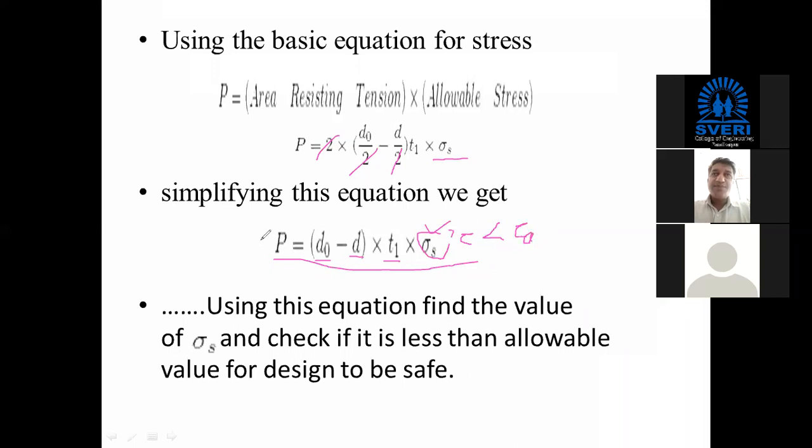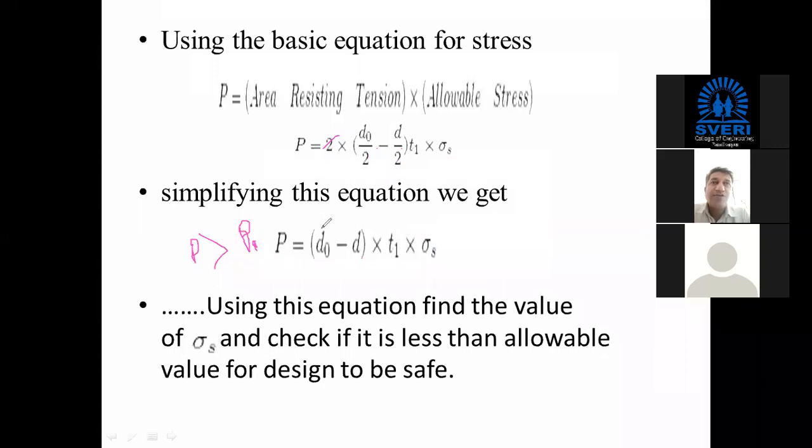If you have selected this DO from the empirical formula, and if you have calculated this d with the shear stresses in the pin, and if you have taken this T1 from the empirical formula, then you can check whether the stress generated is less than the allowable shear stress, or you can check whether this allowable P is greater than the pulling load which you are going to apply. If that equations get satisfied, you can say that DO, the outer diameter of single eye which you have considered, is acceptable. You can consider this small d as the diameter of the pin is safe. You can consider this T1 which you have selected from the empirical formula is safe, if these two equations get satisfied. Any doubt?